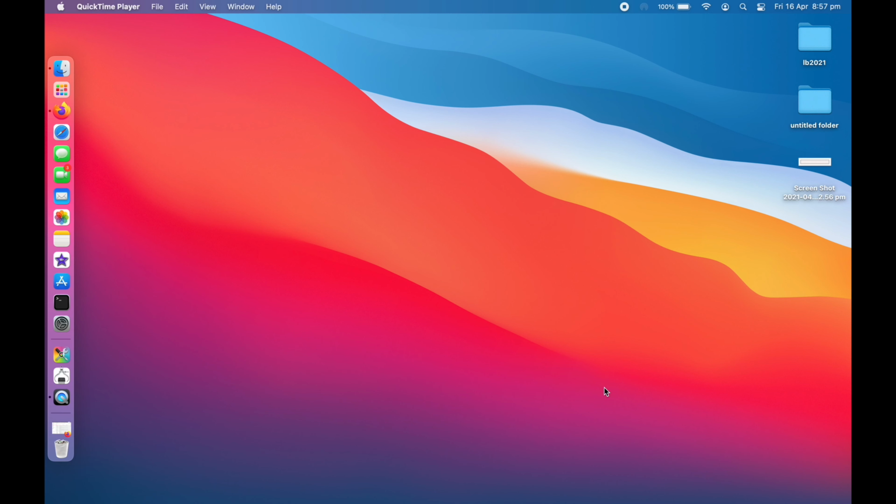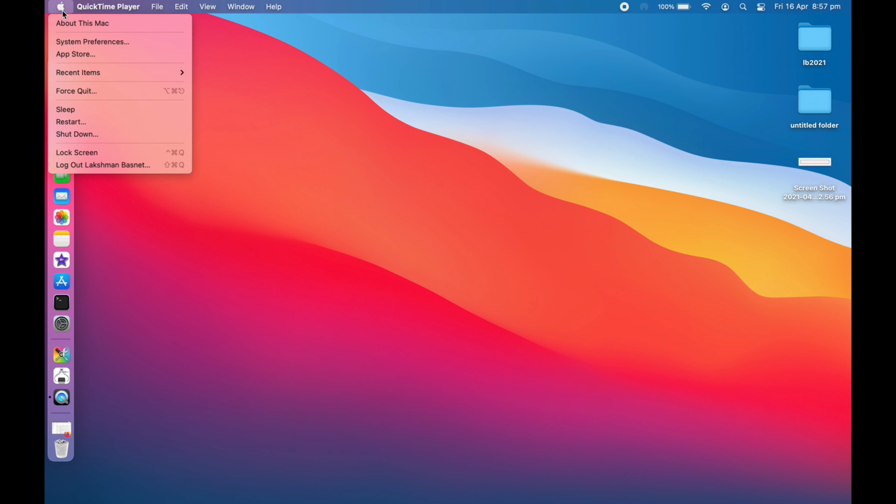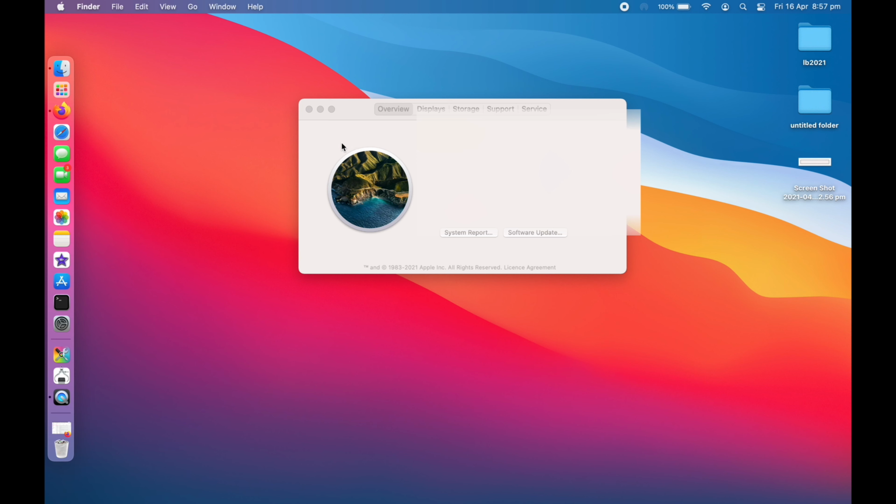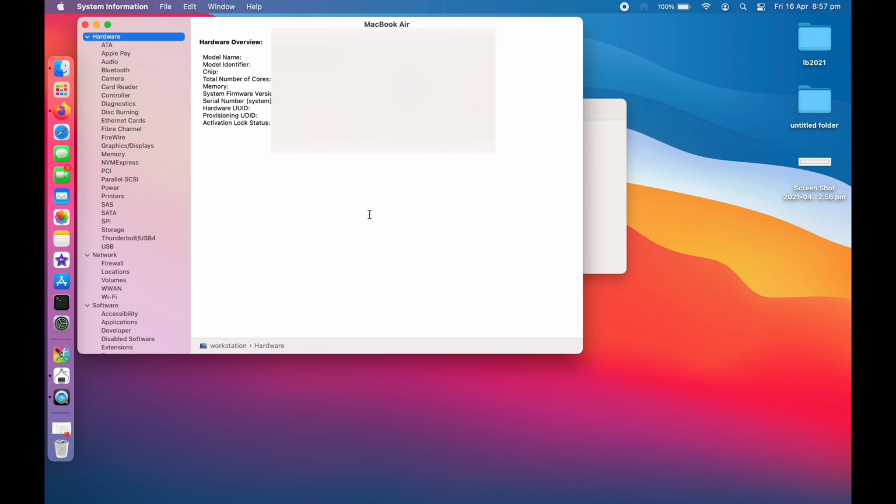For this, the easiest way to do it is by going to the About This Mac option here, by clicking on this Apple logo on the top left bar. Clicking on this will take me to this page, and then if you look over here, there's one button called System Report. Just click on this System Report and it will open up the page displaying different system